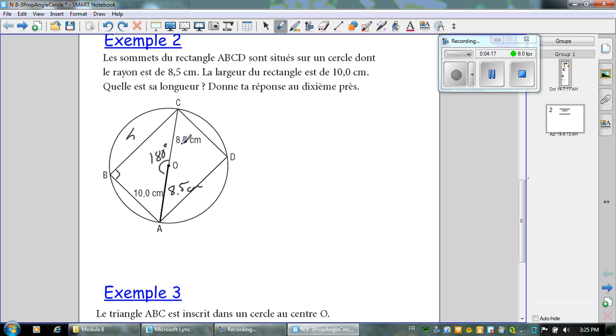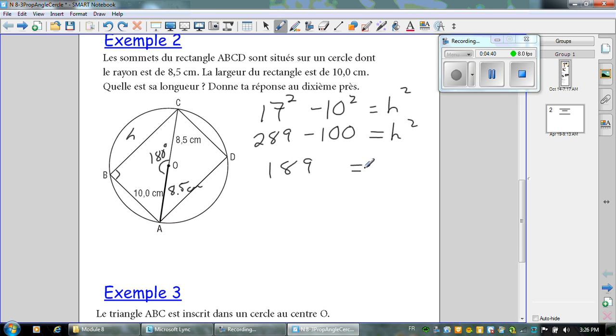So this is 8.5 plus 8.5, so 17 squared. That's the hypotenuse, minus 10 squared equals the length that I'm looking for of the rectangle, h squared. So that 17 squared is 289 minus 100 equals h squared. So you do 189, that's h squared. You do the square root of 189. You're going to use